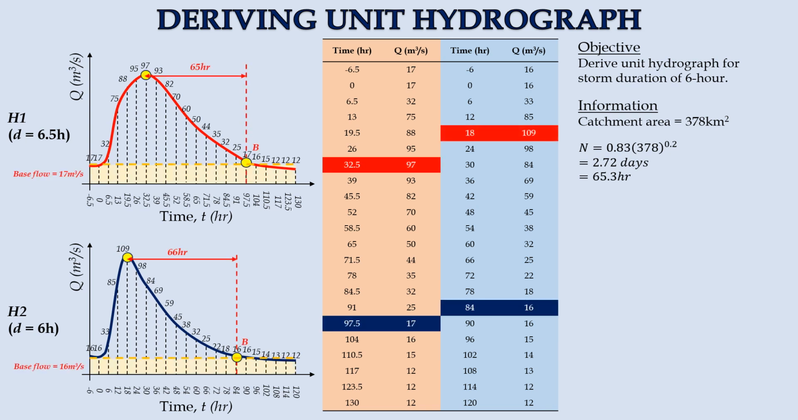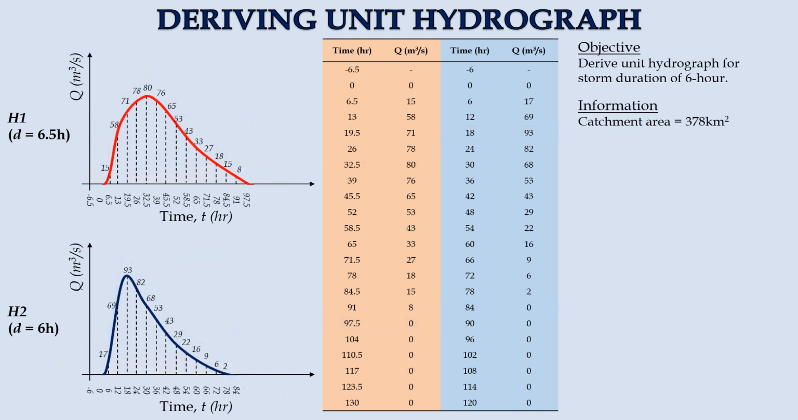The peak flow occurs at the 33rd and 18th hour for H1 and H2 respectively. Therefore, the location of point B is conveniently taken as 97.5 and 84 hours respectively. 17 Qmax is associated with point B for H1, while that for H2 is found to be 16 Qmax. In other words, we can offset the hydrograph downwards by the respective magnitude and derive two direct runoff hydrographs from H1